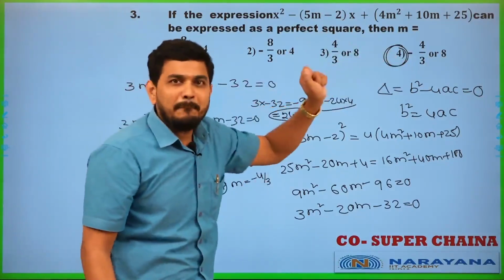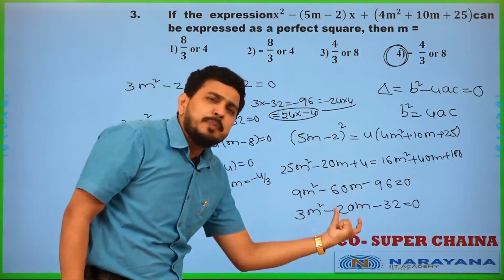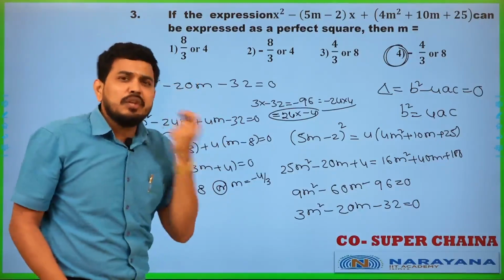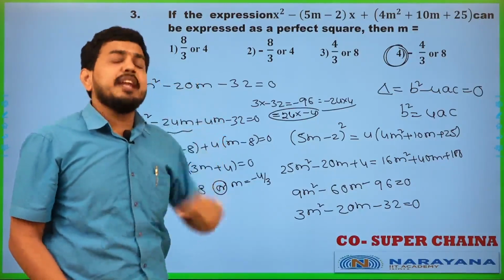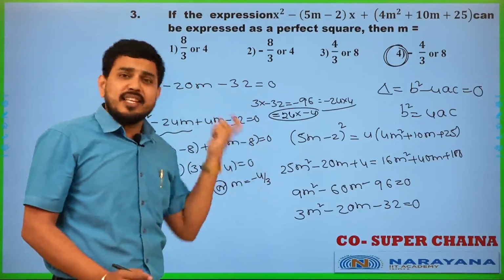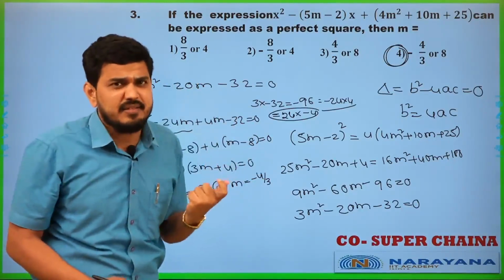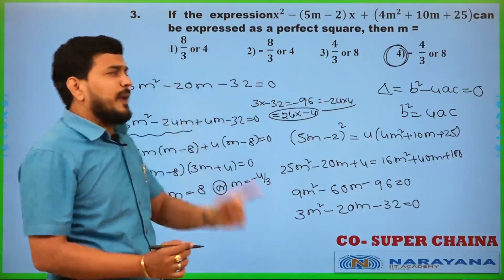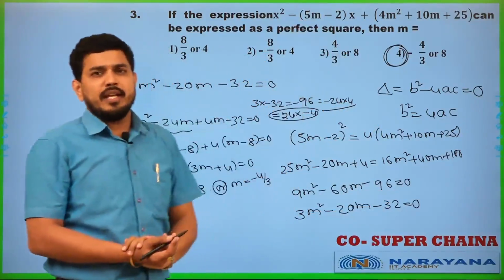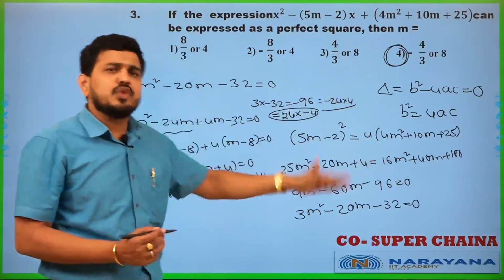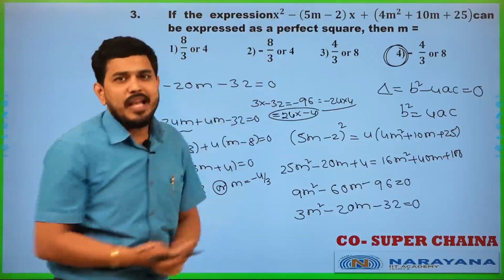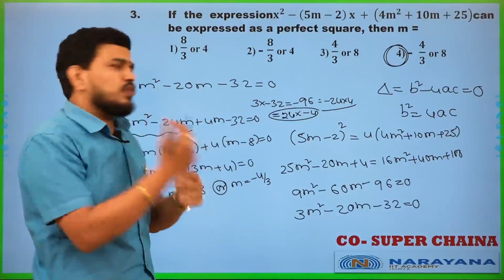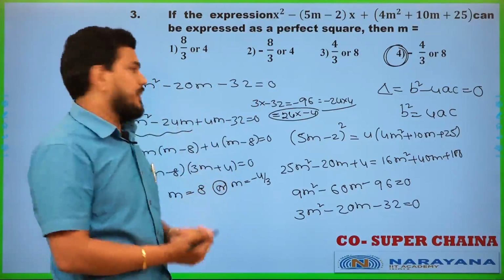The answer is option 4. But look here, if you stop earlier and observe, you can easily save a good 1 or 1.5 minutes. Or if you are good at calculation, in that case also it takes at least 45 seconds. So when the options are there and you are reaching some step, every time you have to keep an eye on the options they have given, and wherever the possibility is there, go back and mark the answer. This is what you need to develop. It will not come straight away; in due course you have to develop that.